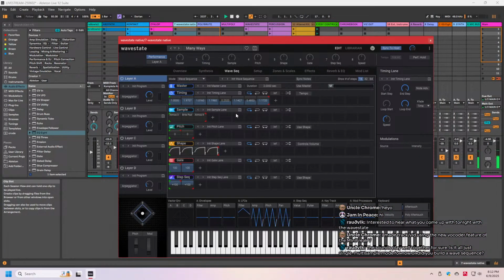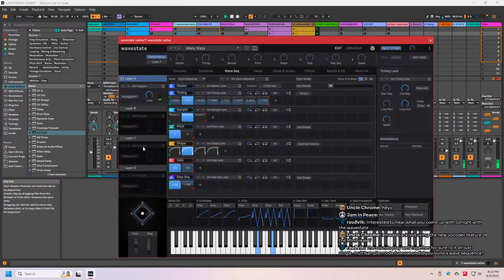So I used all 4 layers for this. We'll go through them one at a time. The first layer is this thing. So it cycles through 3 different samples,